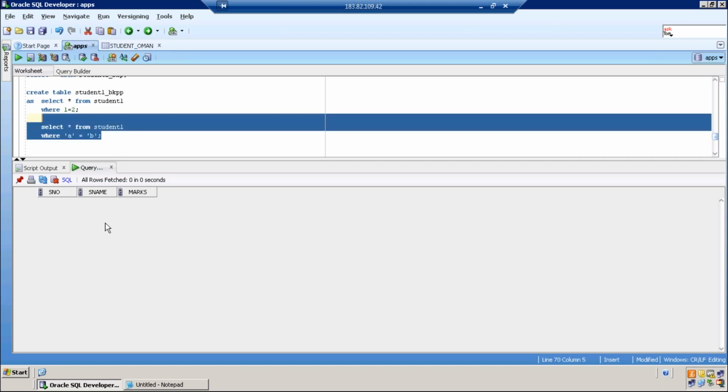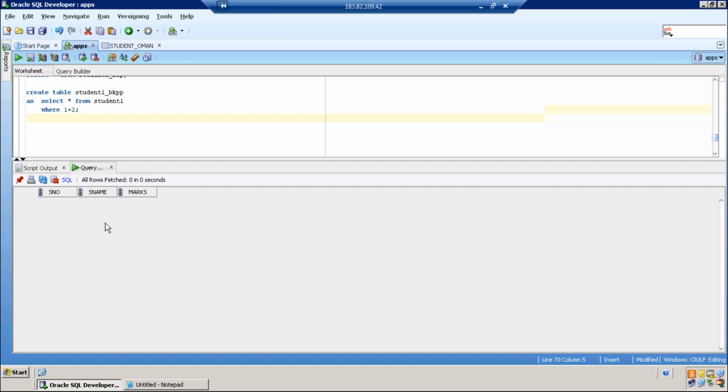Usually I've seen giving numbers only, where 1 equals to 1. I never saw any text being given. Because it's the comfortable way. Even if you're having text, you will use the same practice of 1 equals 2 if you don't want any data. Yeah, that's the best thing. Will it work with null? Null equals to null also? I'm just asking. Null equal to null condition fails. No row selected.